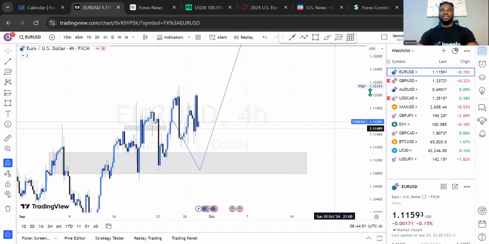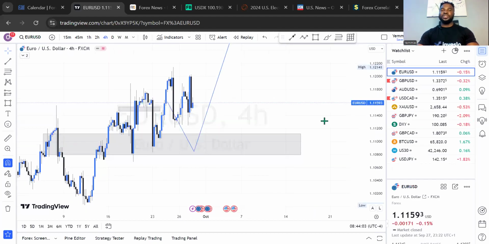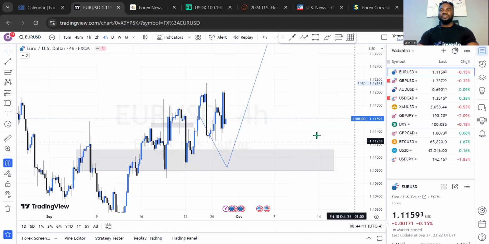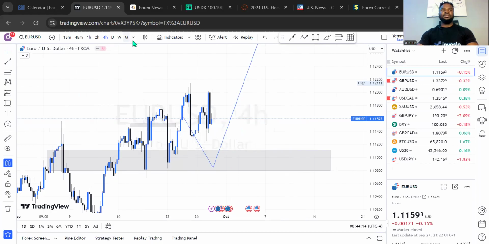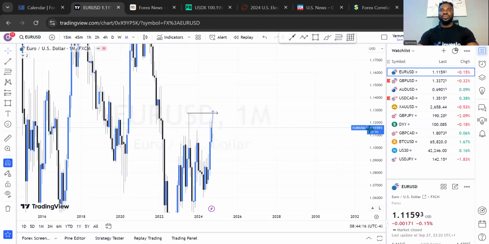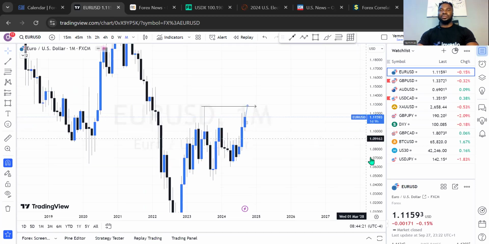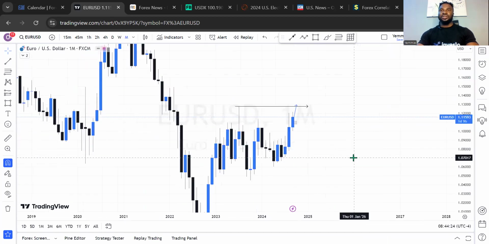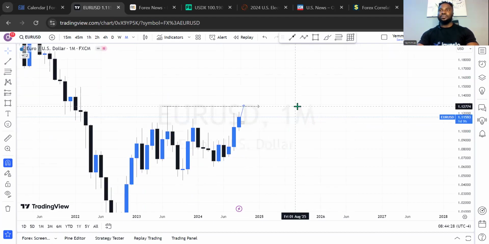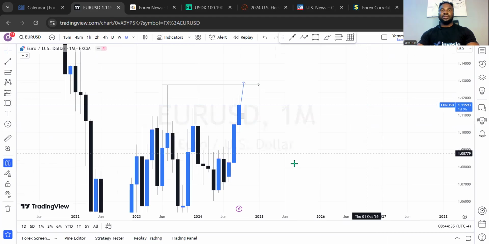Because if DXY is dumping, it's going bearish, we should be expecting more bullish movement in that regard, right? Okay. So let's see. On the monthly time frame for the month for the Euro USD, this is our outlook. This is still looking very, very bullish because the market has not taken out the high of 1.1277 that we expected. So basically, I'll be expecting more bullish movement in this currency pair.